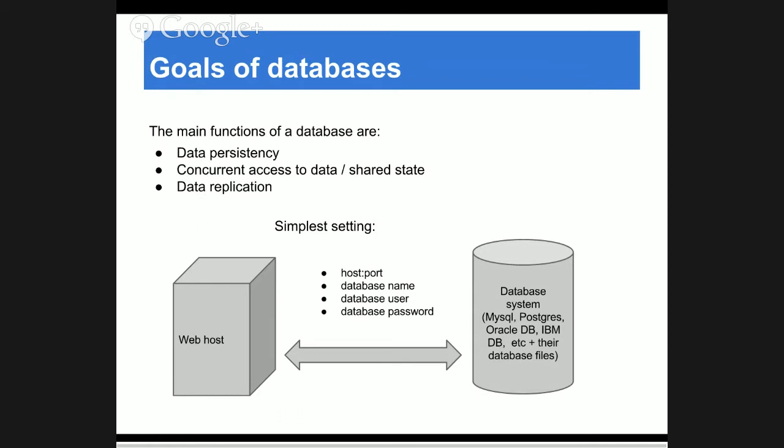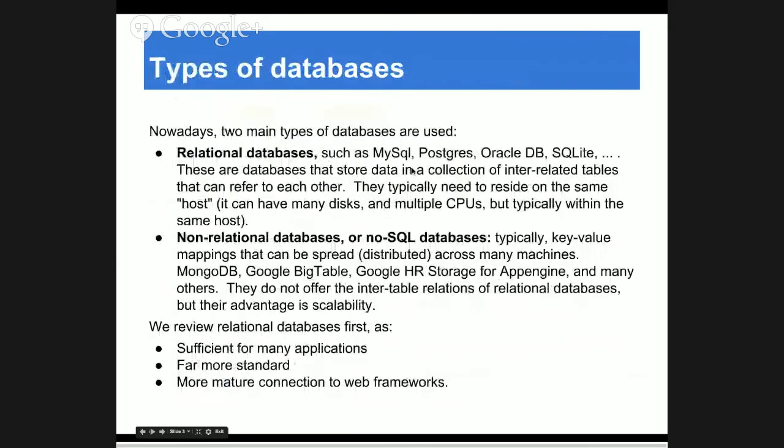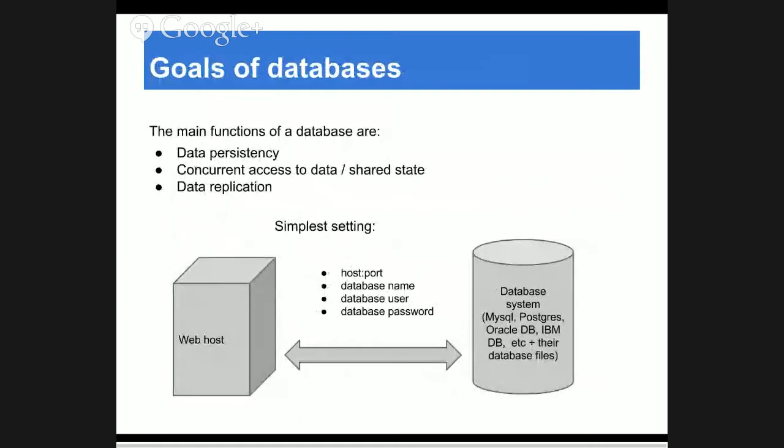So, data persistency, data replication, and the most important is to manage concurrency. I don't know how many of you have taken operating systems, but it's usually hard. It's very hard if you have to do it yourself, to manage the fact that there can be many people at the same time contacting the different web servers, and the different web servers are trying to modify the same database. The classical example used to be an airline reservation system, except now they do overbooking, so they may care less, but I think they still care.